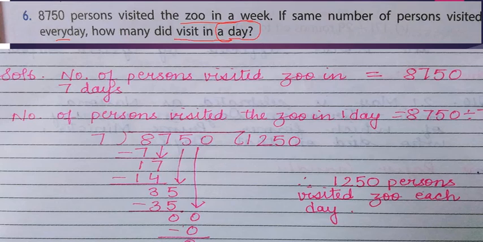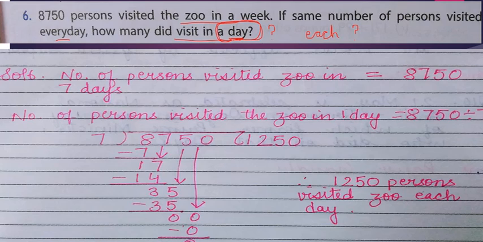That means they are talking about the number of persons visiting the zoo in one day, and with one day they are putting a question mark. As I have told you, if the word "each" is there, or a question mark is there, if they are simply saying find the number of toffees in one box, find the number of fruits in one basket, in the same way in this question they are asking how many persons are visiting the zoo in a day. Now we will automatically divide, okay.